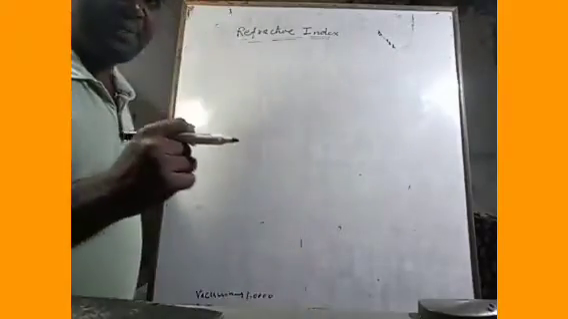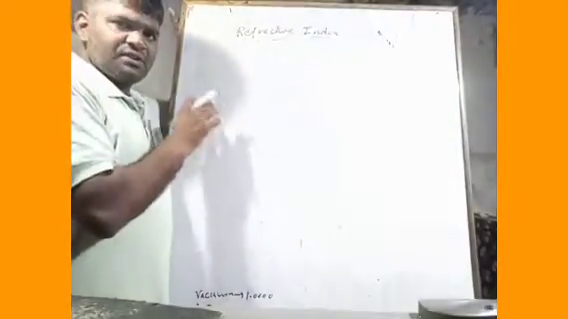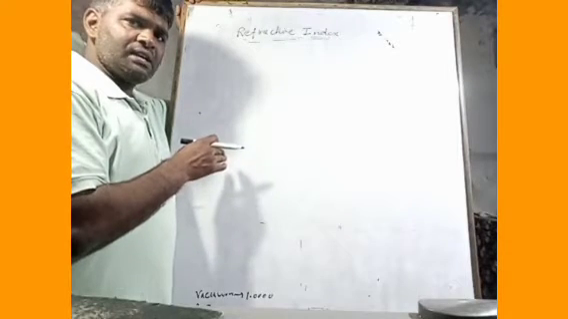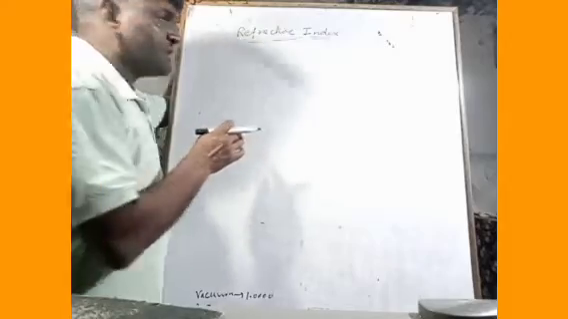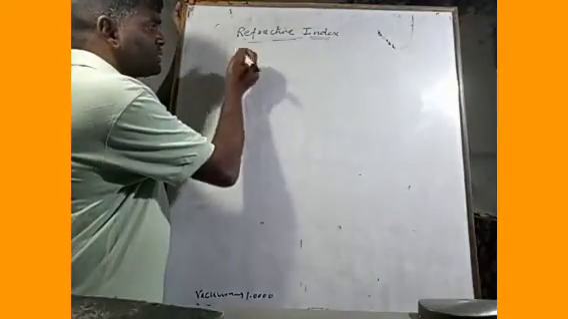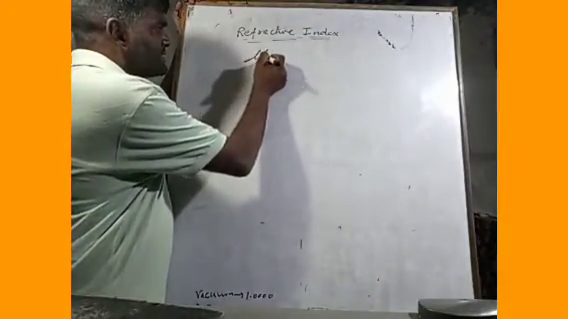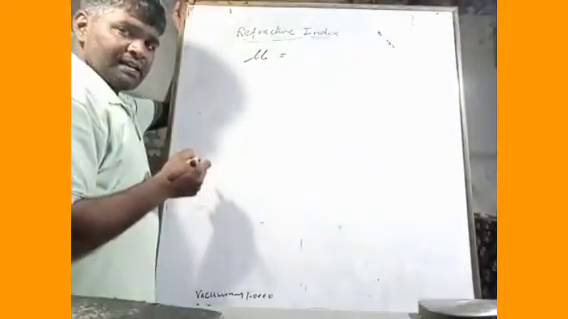So in our previous topic we have just started refractive index. Now we shall learn something in detail about the refractive index. Dear student, we have taught you earlier that refractive index is denoted by mu, and it is given as